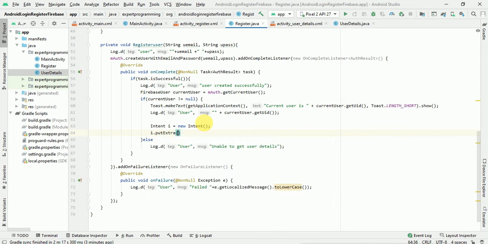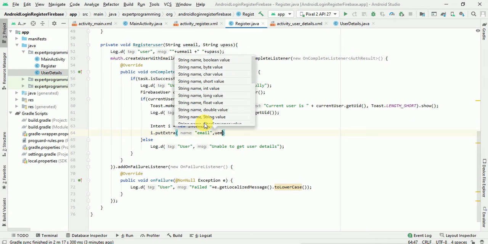putExtra, and the key I will give as email, and then the value will be the new email.